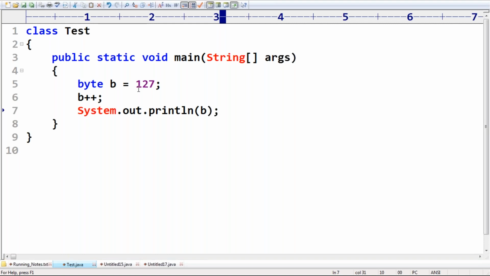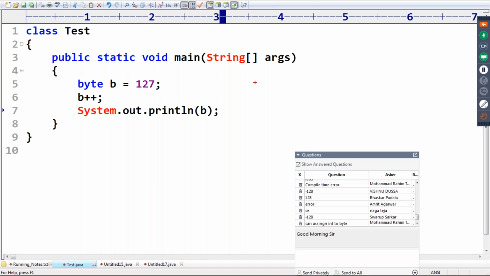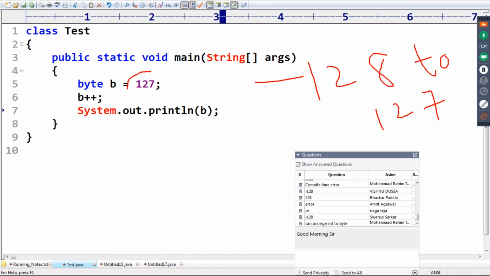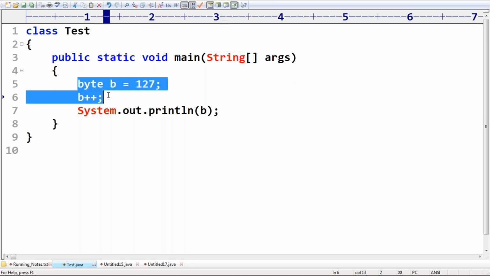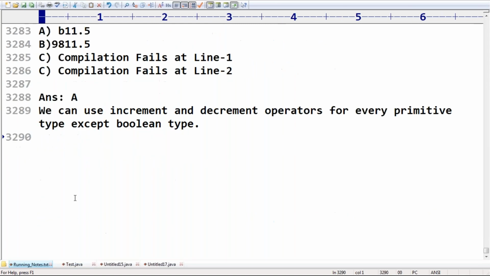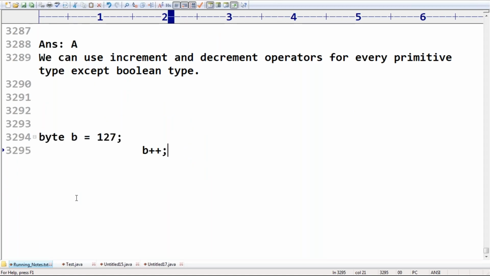One small point you should be aware of: the range of the byte data type is -128 to +127. Remember this, up to that only; more than this is not possible. That's why, can you please guide what is the output we are going to get in this case? Take very special care about these two lines, most of the people are going to feel